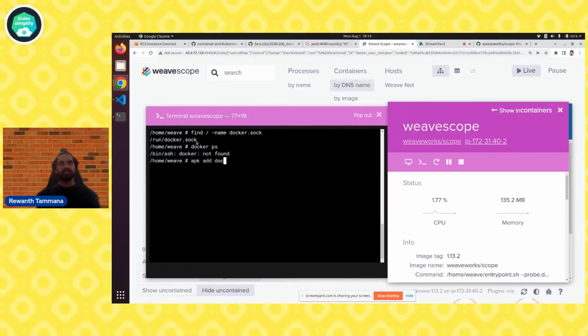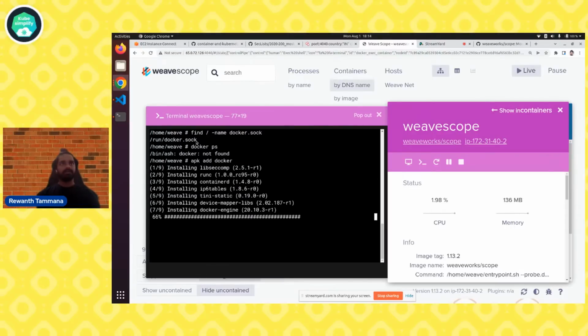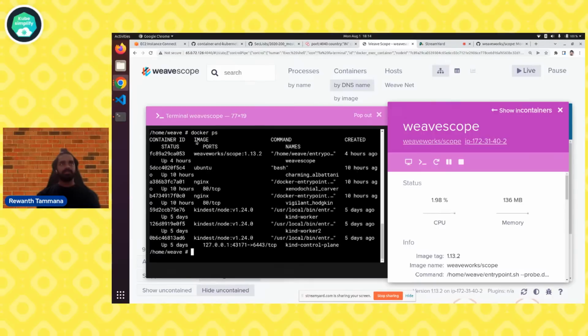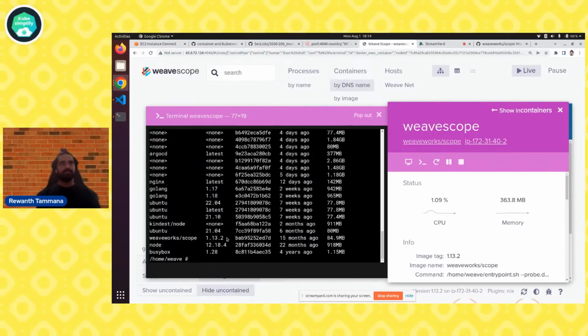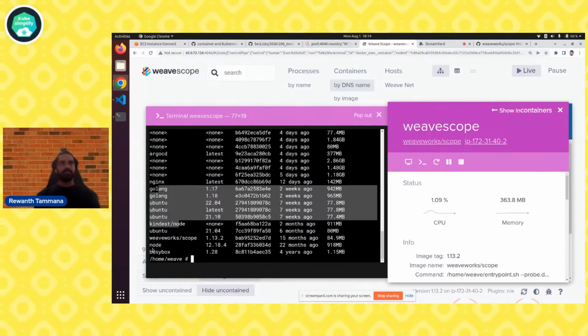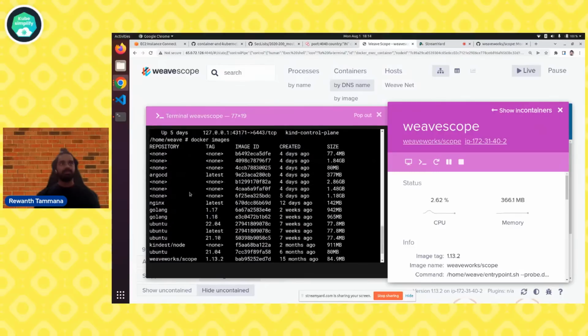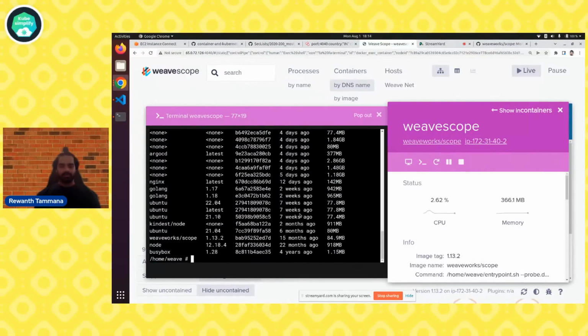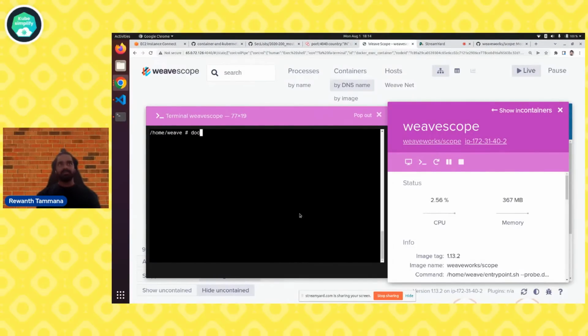So we'll just say add Docker. And now if I do Docker PS, I am able to see all the processes which are running on the host machine. Or if I do Docker images, for example, so there are some Golang images, Node, BusyBox, whatnot. So now I'm able to list all these things. Since I have access to the Docker, I can even run my own containers. So for example,